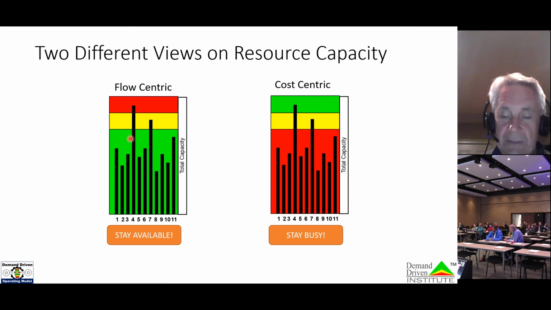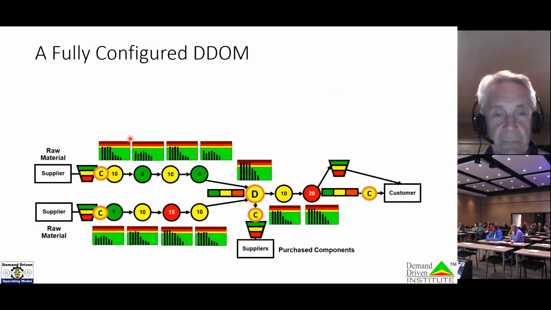We need these three elements, the stock buffers, the time buffers, and the capacity buffers, working in harmony, because they're what's really giving us better control and flexibility in our environment. So when you think about a fully configured DDOM, we've got stock buffers on purchase items coming into the system. We may have stock buffers at the end item level for shipping to customers, because if we've done that, that product should be able to ship on the day it's ordered, right? And that's giving us great flexibility in terms of market potential lead time.